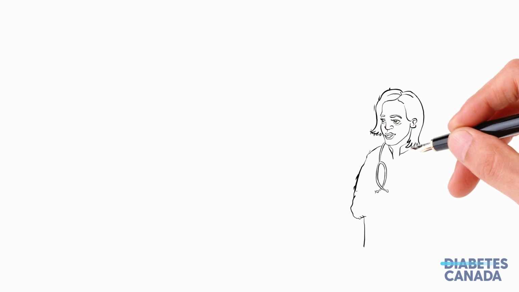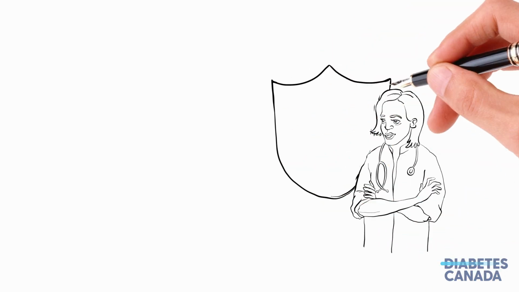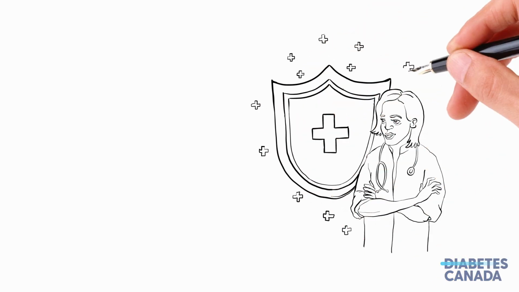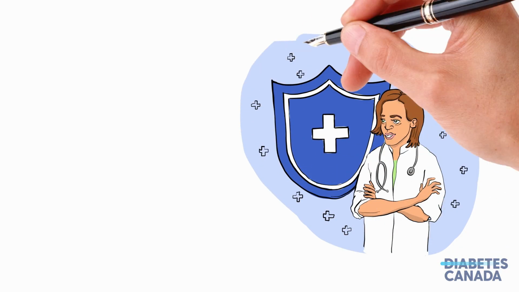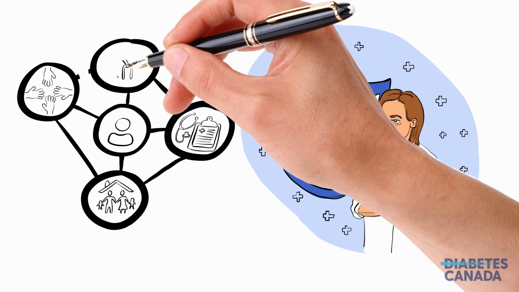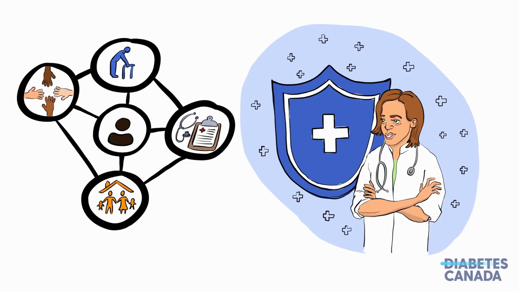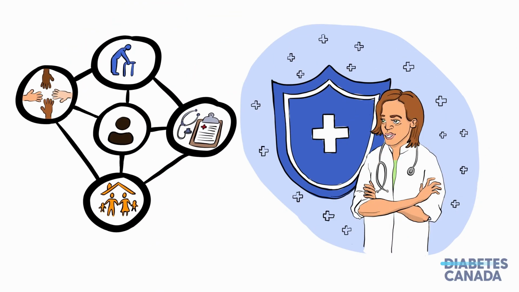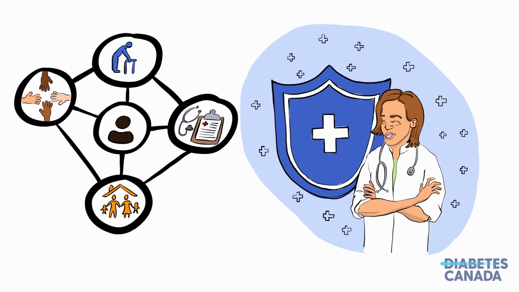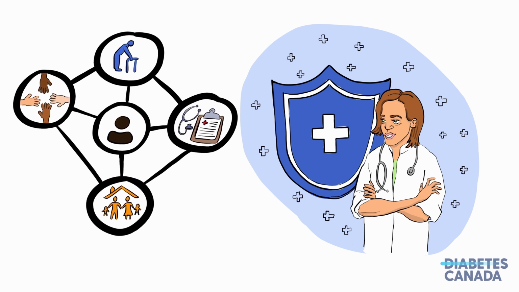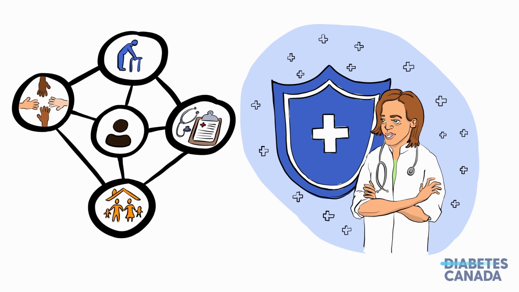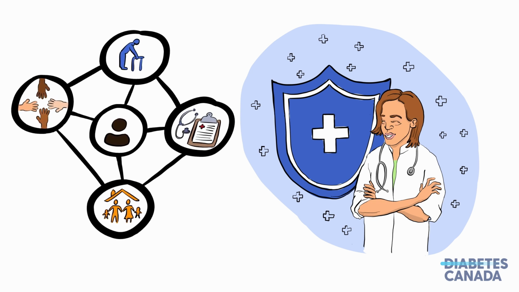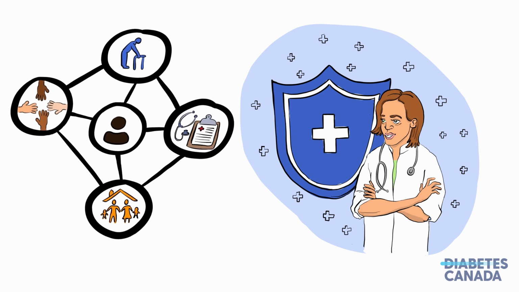Experts don't fully know why some people develop the condition or how it happens, and there is no common cause for all cases of diabetes. There are some risk factors that can increase a person's chance of developing it, such as age, ethnicity, family history, and personal health history. But there is no single factor or a combination of factors that will always lead to the condition.